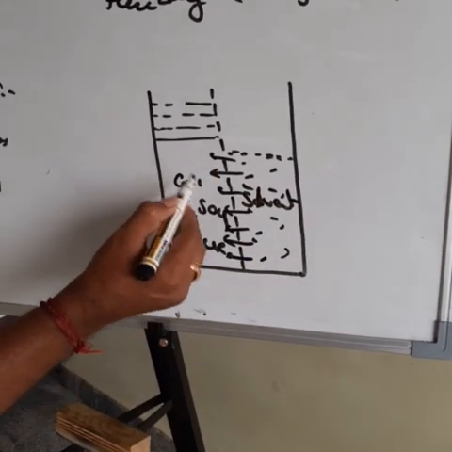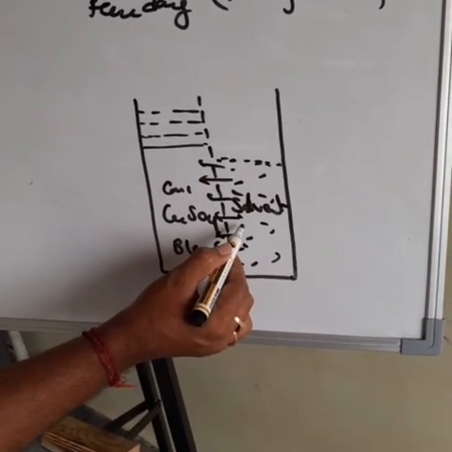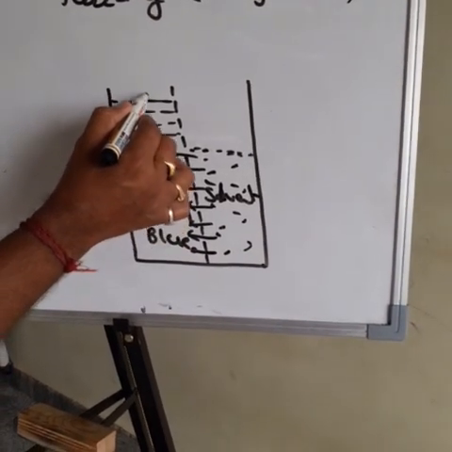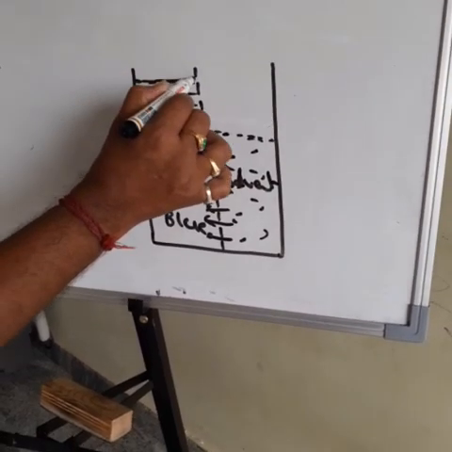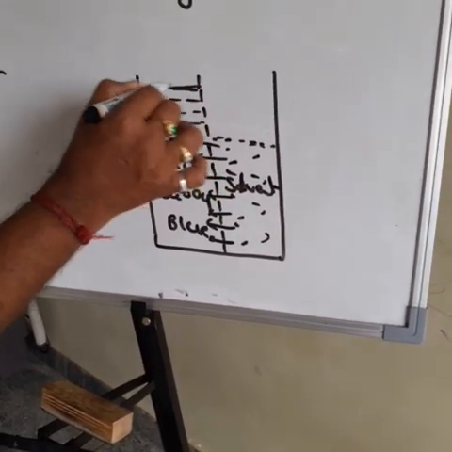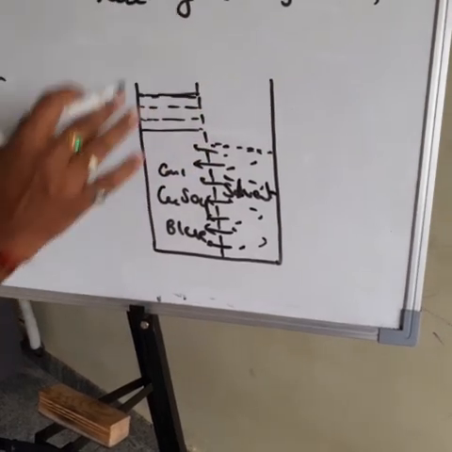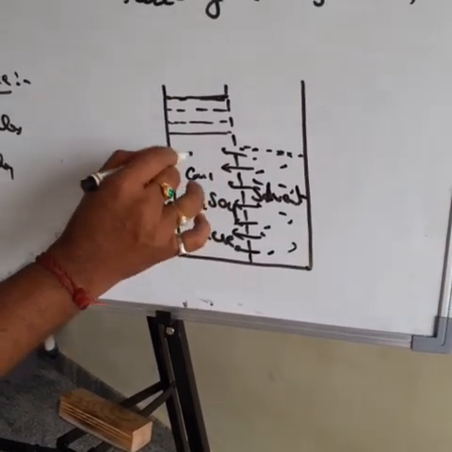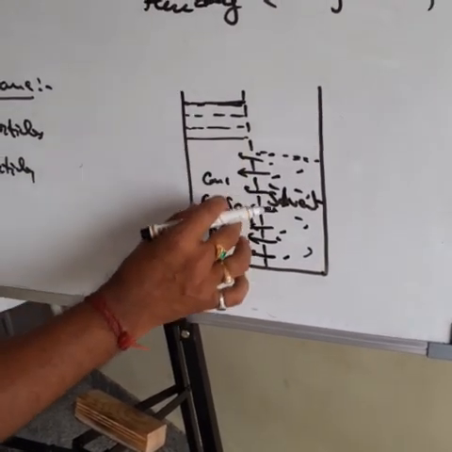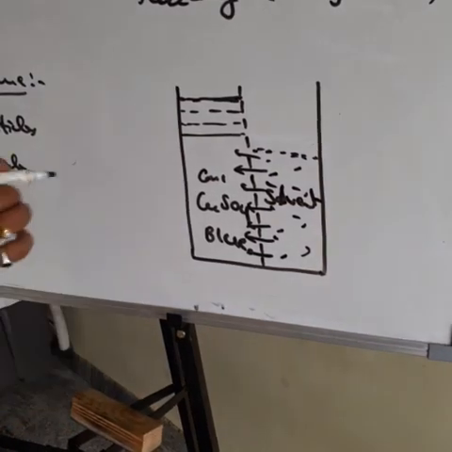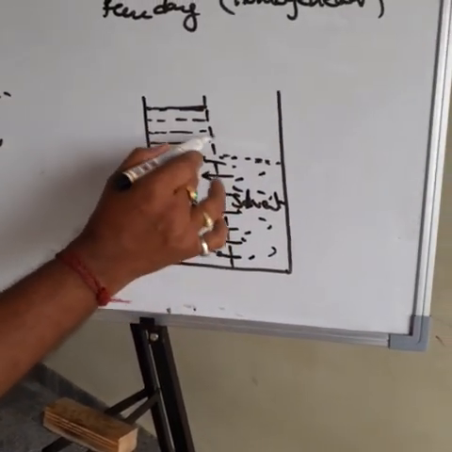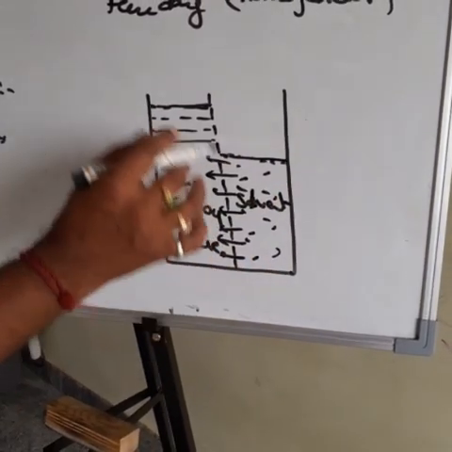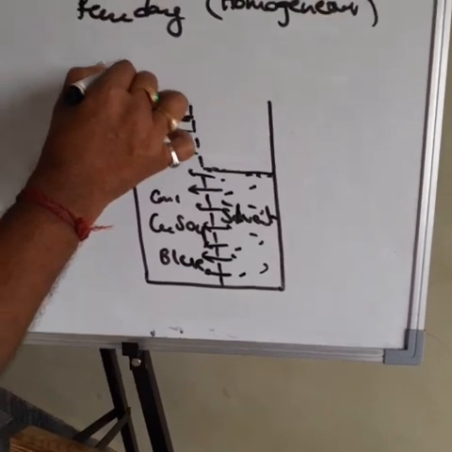Due to this phenomenon, whenever the solvent particles enter into the copper sulfate solution, the copper sulfate solution level rises. After a certain height, the level of the copper sulfate solution does not change. That stage indicates the equilibrium state. At this height, a dynamic equilibrium is formed between the concentrated copper sulfate solution and the pure solvent. So the copper sulfate solution level increases and the solvent level decreases. This phenomenon is called osmosis.